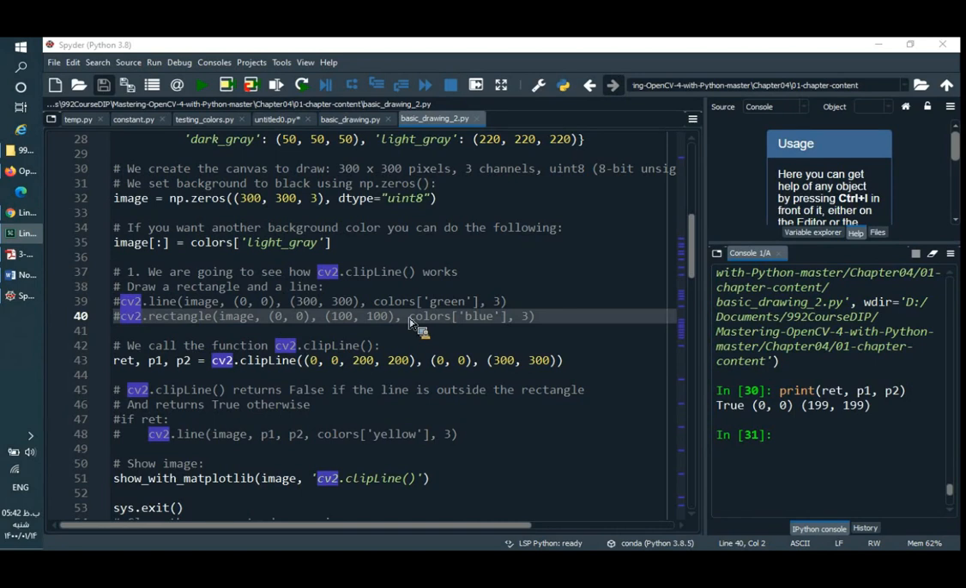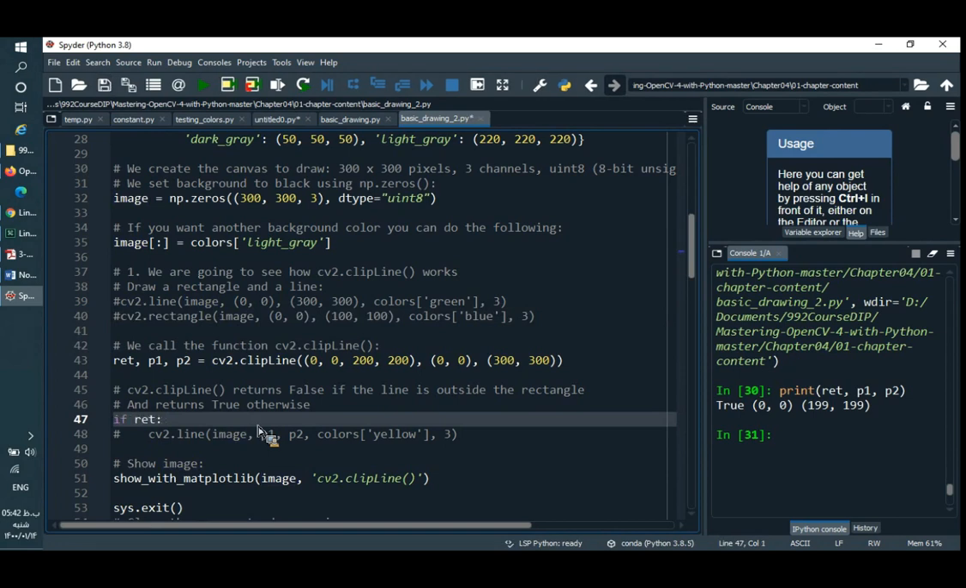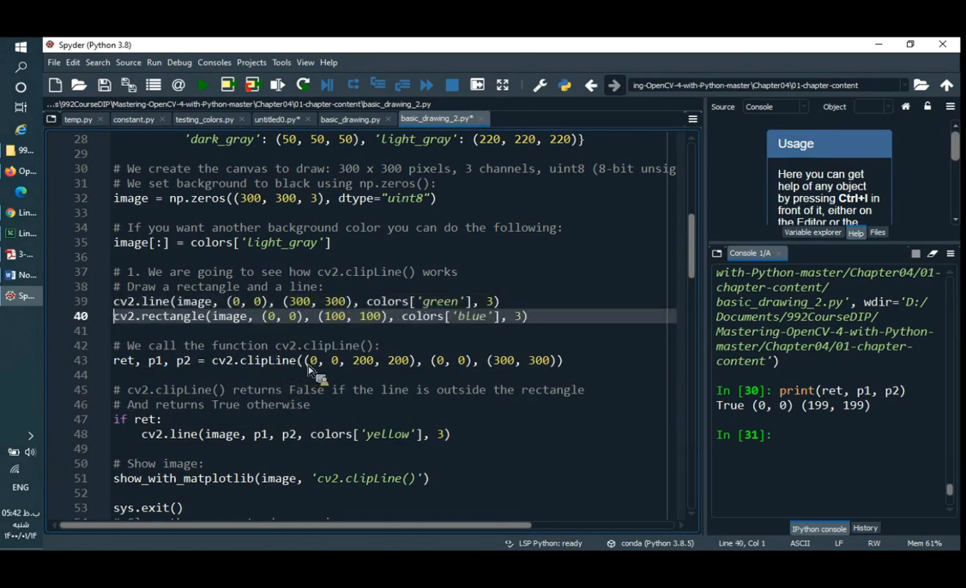So then we draw a line here. We say if red is true, then draw a line here. So we don't need to draw line and rectangle. We say clip line to consider a rectangle, this rectangle, to consider a line from here